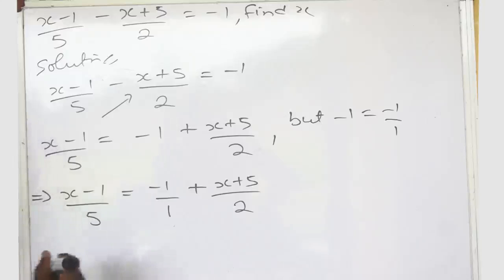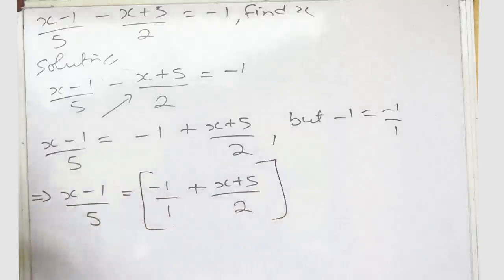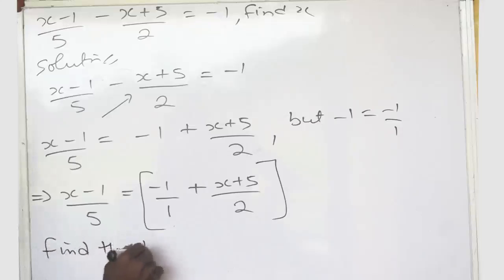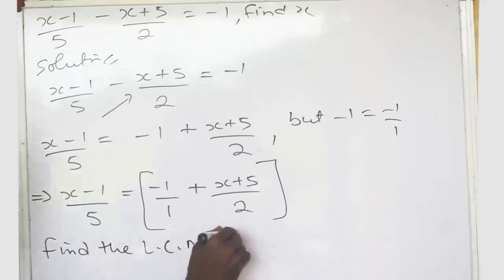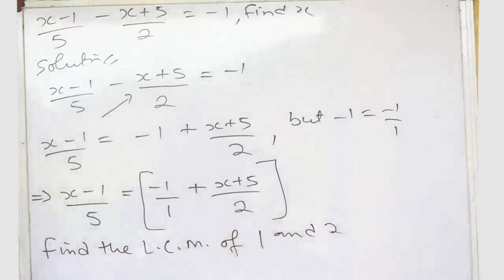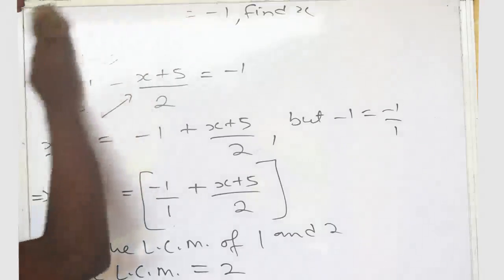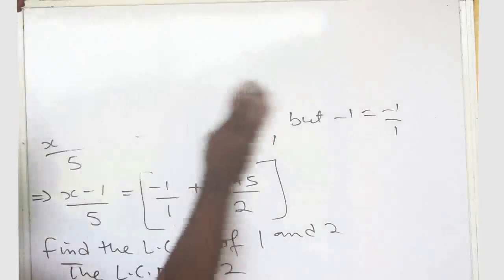So we have this. Now our interest will now be at the right hand side. We need to leave the left hand side alone. We say find the LCM of 1 and 2. That's the denominators at the right hand side. So you and I know that the LCM is nothing but 2. So the LCM is 2. Let me make space above. So since the LCM is 2,